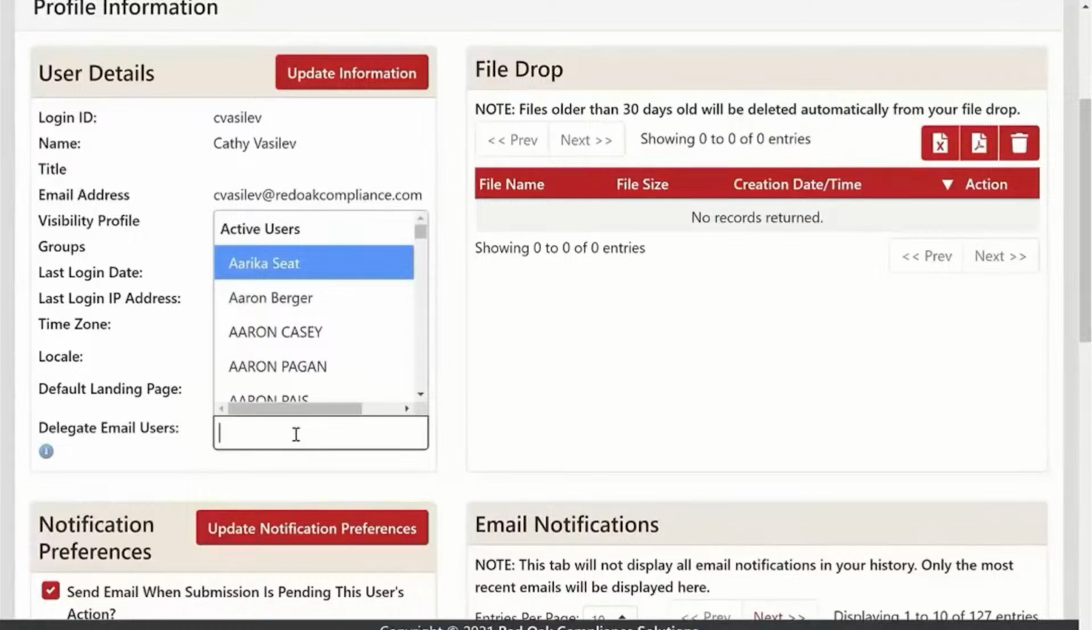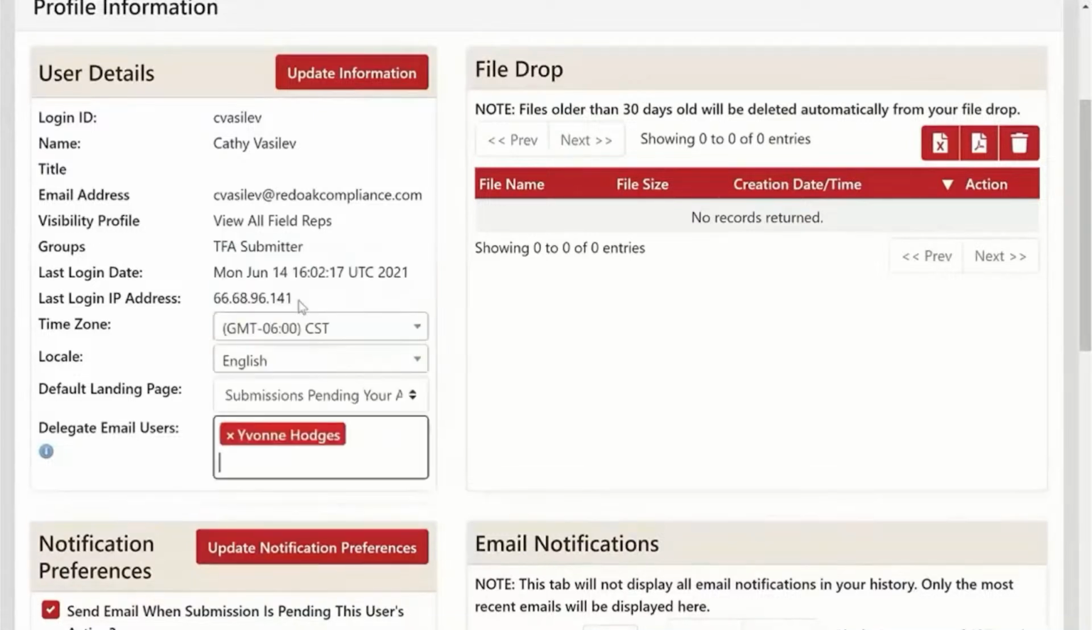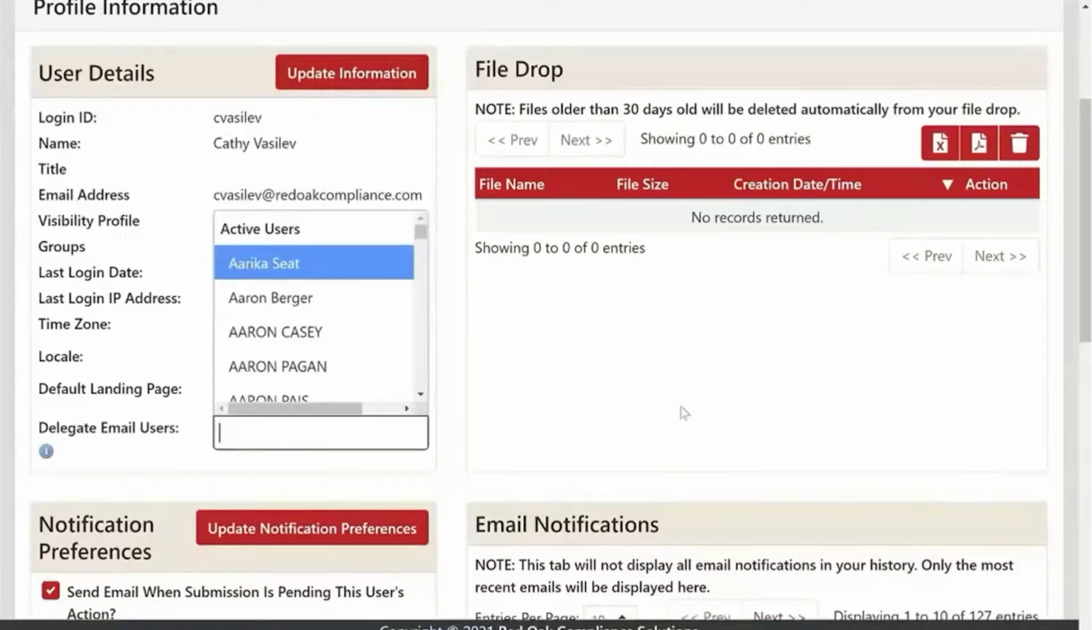So if you're going to be out of the office on vacation, you can pick someone in here to receive emails in your absence. While you're gone, they'll get your emails. They can work on your submissions so that when you come back, you don't have a work queue full of submissions. However, once you come back, you have to make sure that you come over here and remove that person so that they no longer